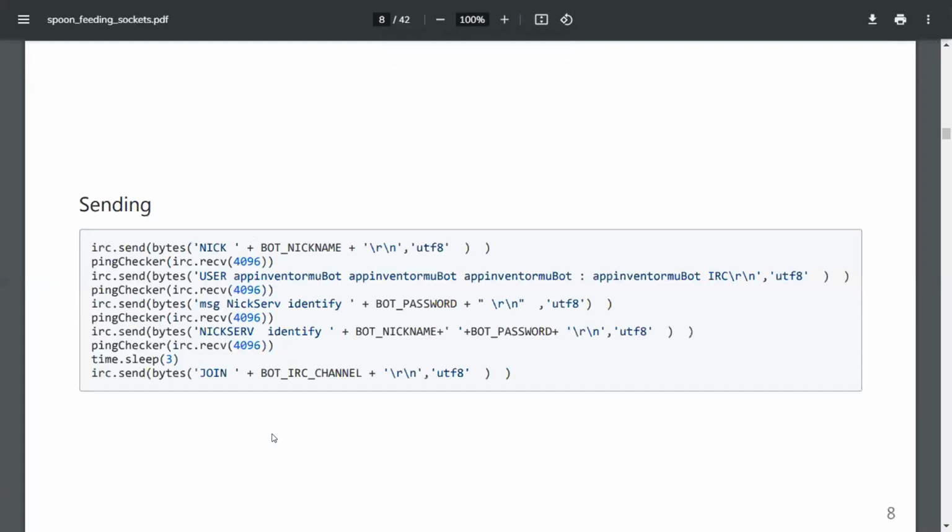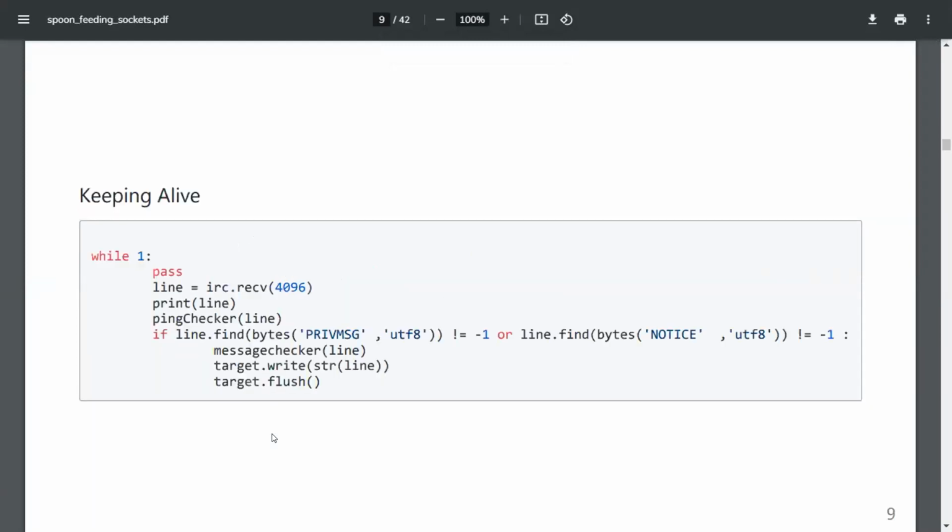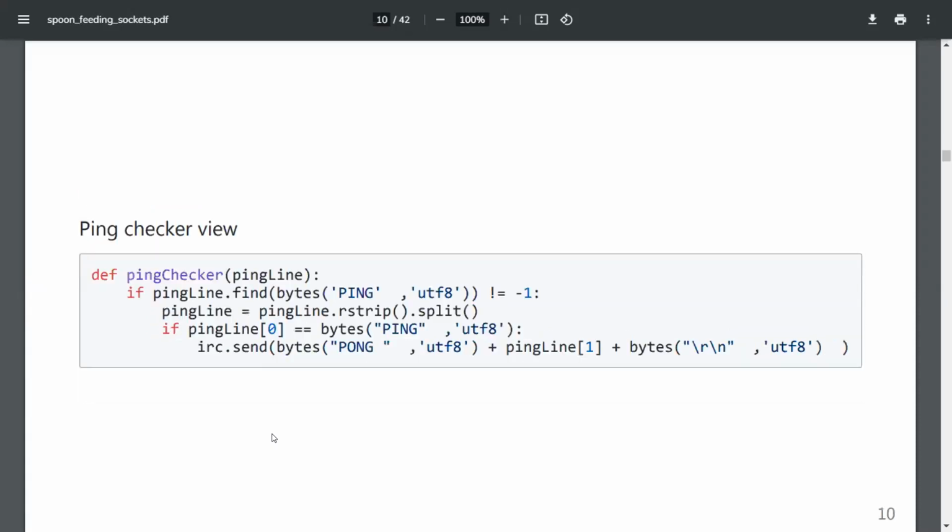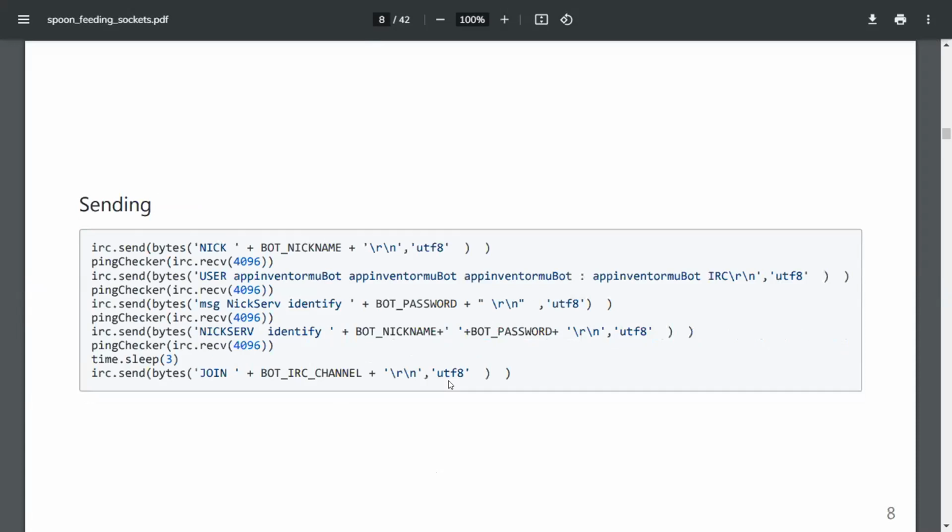According to the IRC protocol, you can set your nickname, etc. And then you have to keep your bot alive. That means you have to know when the server sends a ping in the message, so you send back a pong. That's the basics of an IRC bot.